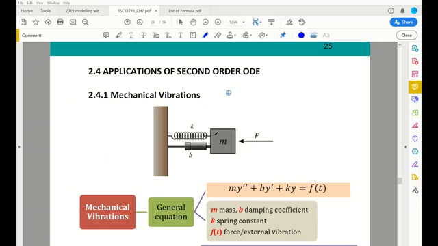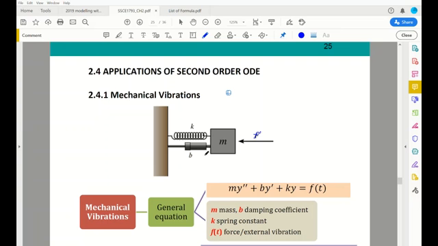If we have an object with mass m, it is attached to a spring with k, the spring constant. b, in some problems, this refers to the dashpot. It has the b here referring to the damping coefficient. There is capital F here, the external force. Actually, if I refer to this equation, it should be small f. So this problem actually